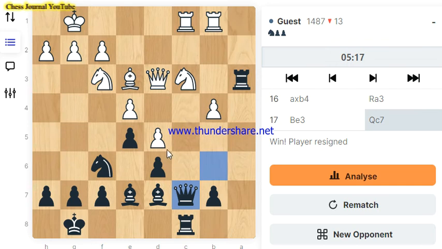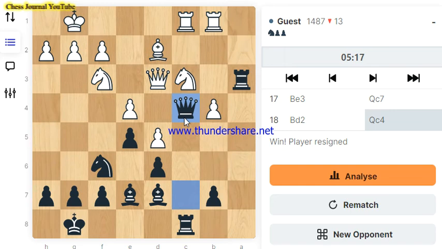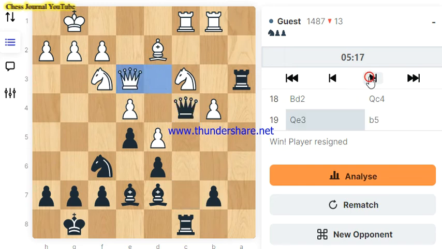I'm sure if we put this game on Stockfish it probably wouldn't like this one, because, I mean, Stockfish never likes my games anyway. So bishop d2 and then queen c4. We were up for a queen trade. They didn't exchange queens, and now I know from experience